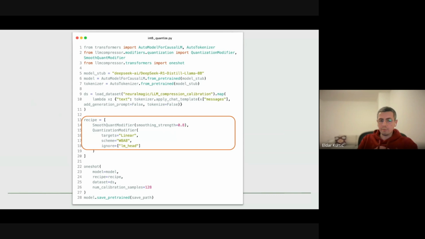And here we can just put them in the same list, and the LLM compressor will figure out how to run them together. And SmoothQuant here, just for the sake of completeness, is the algorithm that has been developed specifically for when we're quantizing activations and weights together, to tackle this problem that I mentioned before with outliers, because outliers